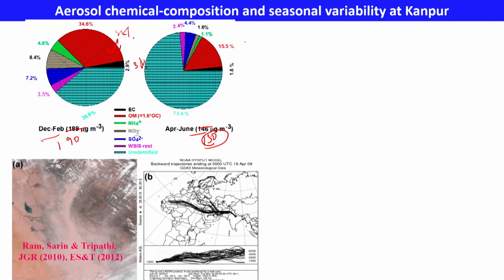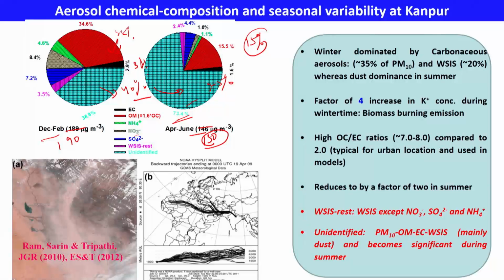black carbon, but this 35% is reduced to only 15%, and then you have an increase in the dust. So, that dust becomes like 73% or 75% here, and then you have only 35% or 40% here. So, this April, May, June, this contribution becomes very important. You have a huge contribution from the dust. So, this is very important here. We will discuss this one.